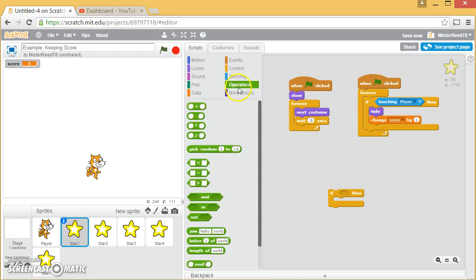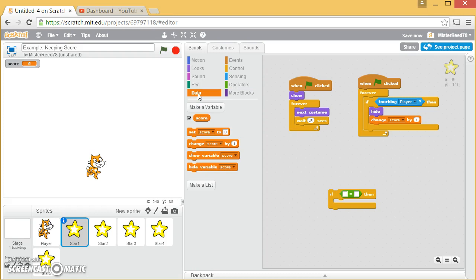Now, this gets a little crazy. We haven't used the green operator very much, but if you go to the green operator, see how it's the right size to fit in that if statement? I could say if one thing is equal to another. And really what I want is to say if the score is equal to 5, because that would mean I'm done. So I could say, well, if the score, which would be under data, I just want score is equal to, and then I can type in the number 5 here, and that would allow me to ask a question like, hey, am I done? Now,